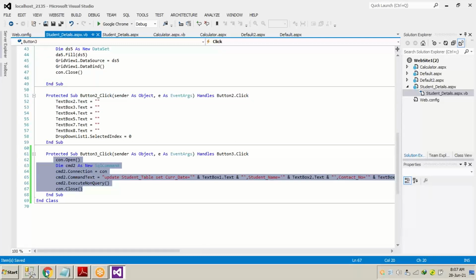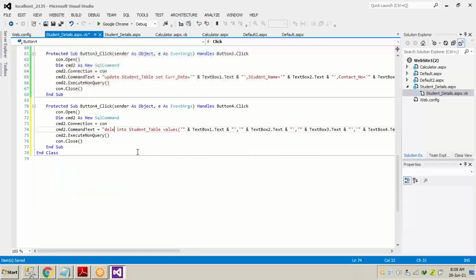from table name. We don't have to use values and other things, so we are going to erase those. Where ADM underscore NO equals textbox8.text.